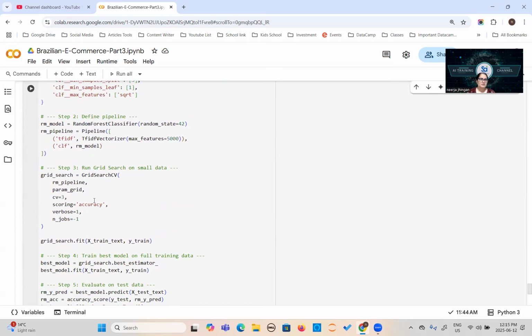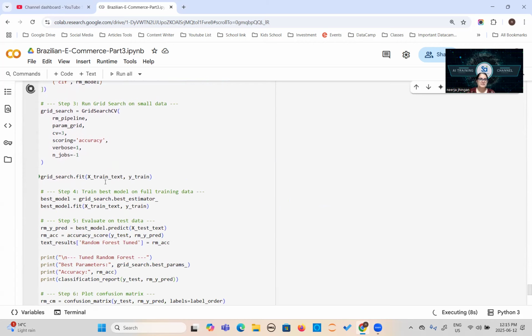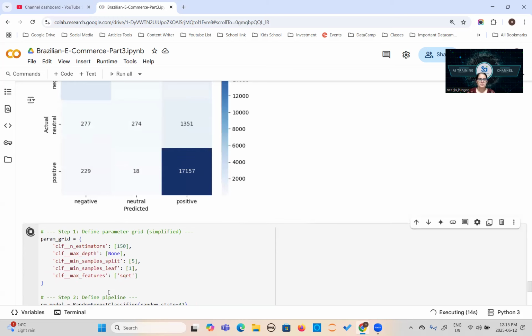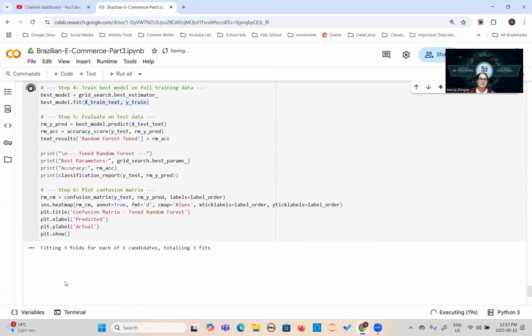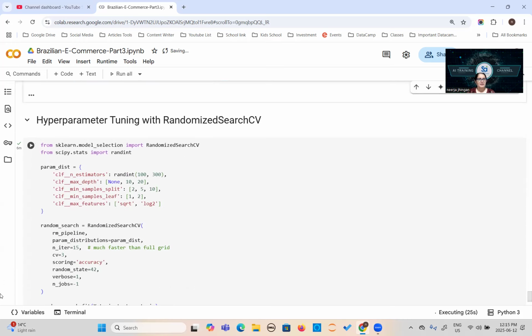Okay, so here I will keep it running because it will take some time. I forgot to make changes in this. I think I forgot to change here, but I am picking up the whole data set now. I did not pick up the few samples because I found my best parameters, and I will train my model and see the accuracy again with these parameters. So let it run. It will take some time. And now just come on to the